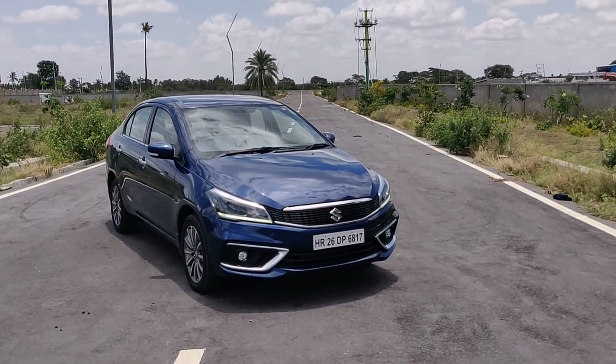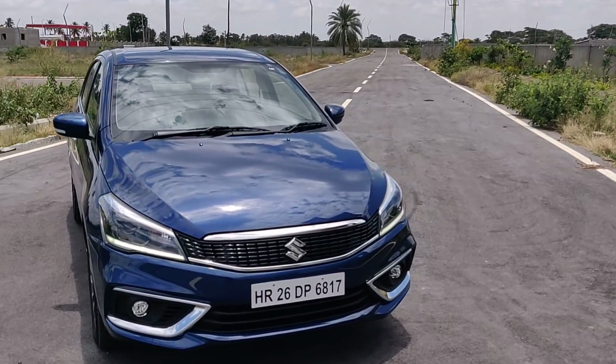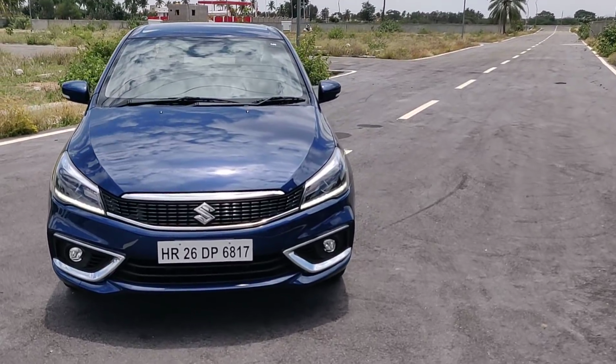My name is Amit Changani, and as you can see, we have the new Ciaz with us. And although we cannot share our reviews or opinions with you, we can tell you all about the features and the facts and the figures of the car, and we are going to do that. And we'll start with the front of the car,